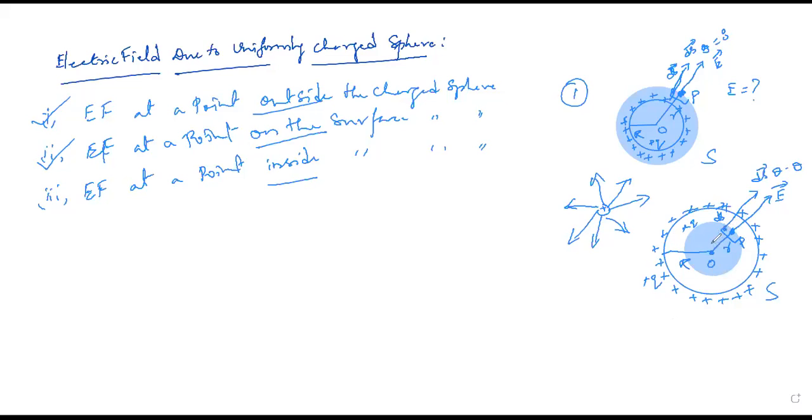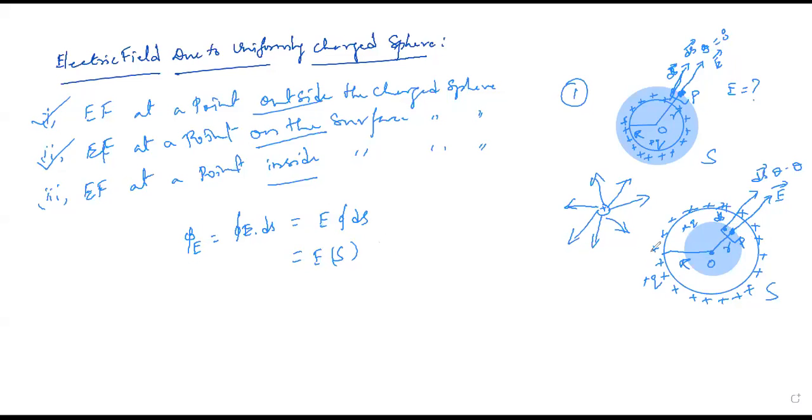Now with respect to this small area element, from Gauss law, how can we write phi E? The closed integral of E dot ds is equal to E into the integral of ds, where the integral of ds is S, the surface area of the Gaussian surface for the whole. For the small area element it will be ds; if we want it for the whole, then we have to do integration. I already said this.